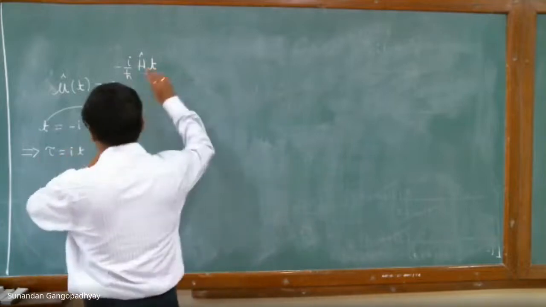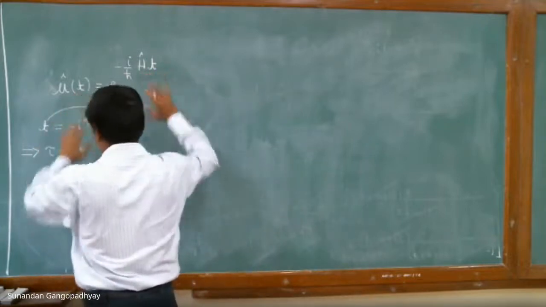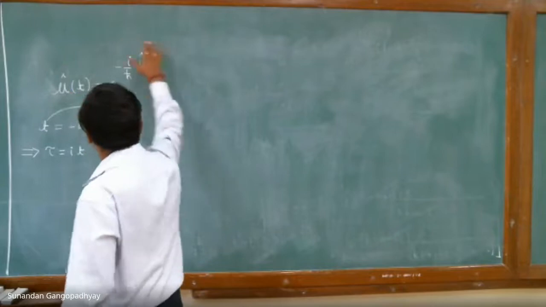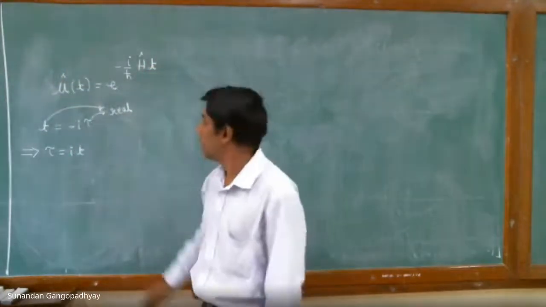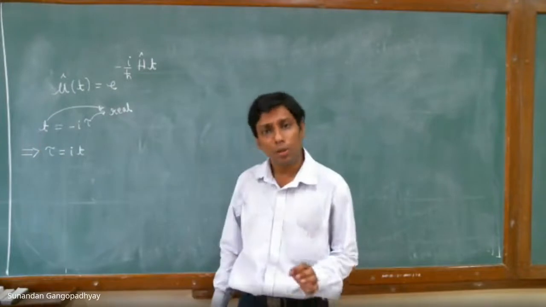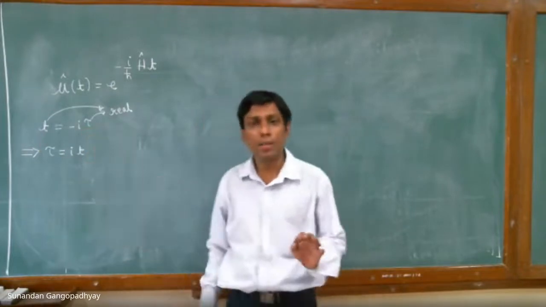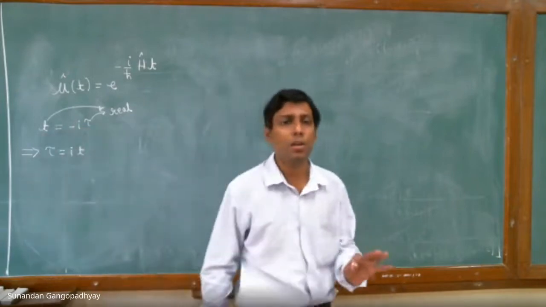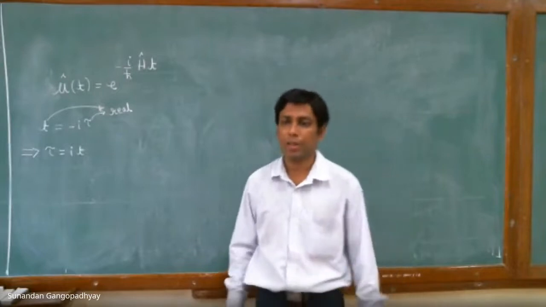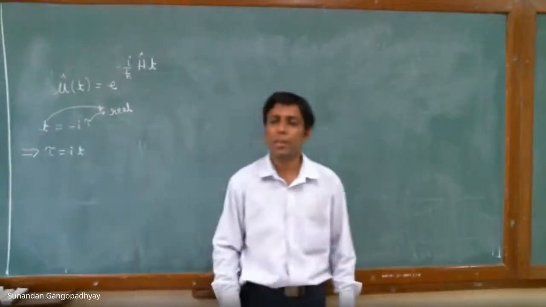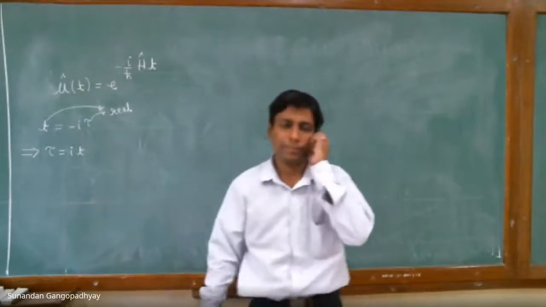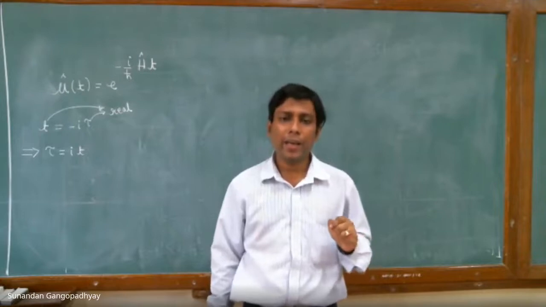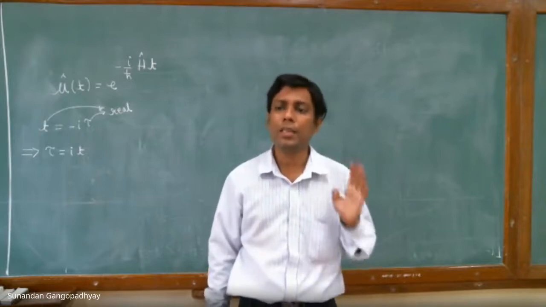So in this case, t is real, but okay, let me just go through this argument once more. When you write this time evolution operator, this t is real, but now you set t is equal to minus i tau, and this tau is real. When you say that this tau is real, this t, the small t, is not real anymore. This is what we should keep in mind. Now this t is basically imaginary because tau is real.